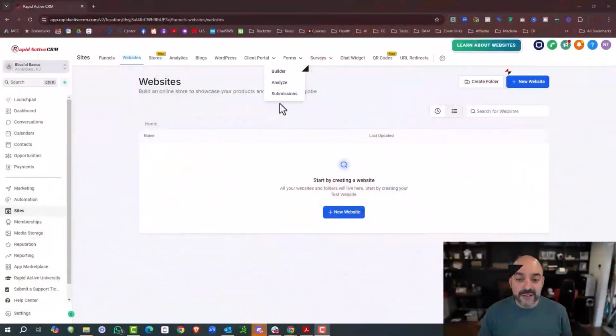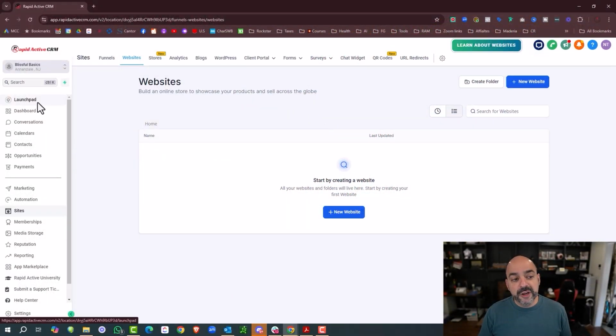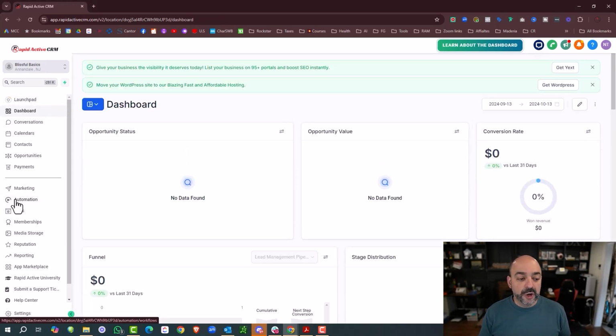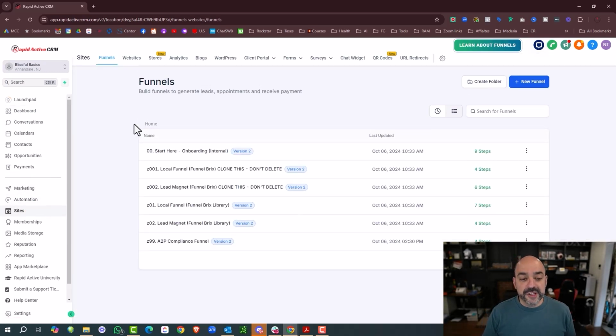So when you go inside the tool, the first thing you're going to do is you probably are going to start off in your Launchpad area or in your dashboard. And what you want to do is go over to the bottom left hand over here and go to sites. This, by the way, is called the left hand side menu. And what we're going to do is go to sites right here. Now, when you go to sites, I already have some preliminary funnels in here, but remember, we're going to work